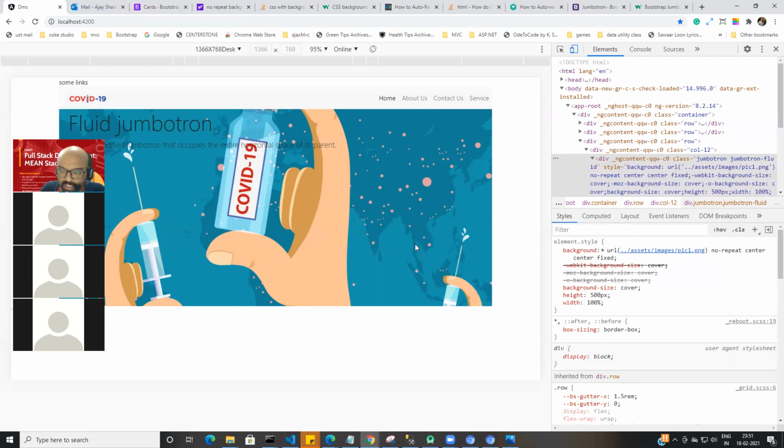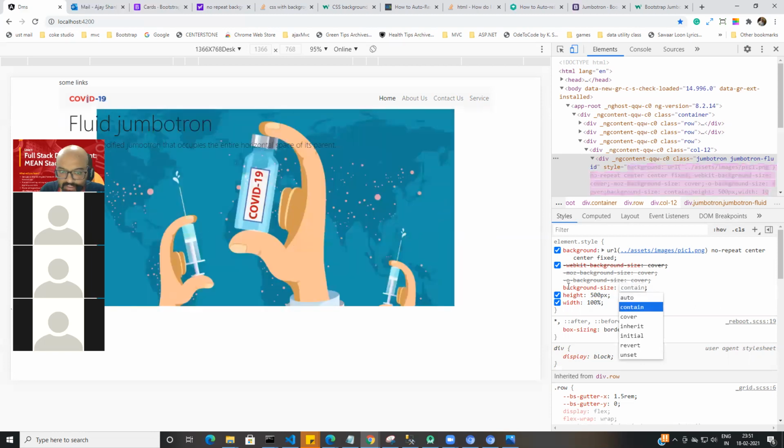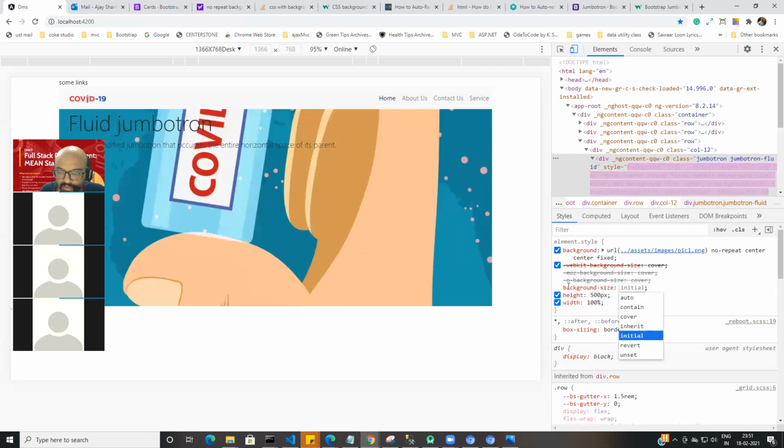So that it will not move here and there. And then on top we say background size should be cover. If I change background size from cover to contain, it will behave like that: contain, cover. Right, revert and set.